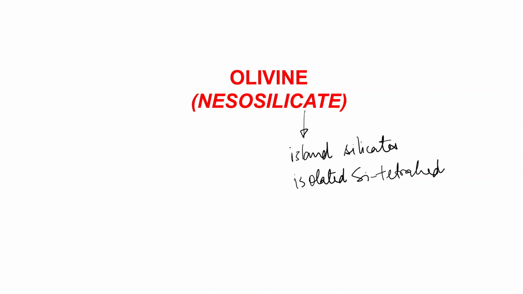Olivine. Olivine is a nesosilicate, and you all are aware that nesosilicates are also known as island silicates. Island silicates. Why? Because they are simply isolated tetrahedra, isolated silica tetrahedra. The nesosilicates are also known as orthosilicates. Orthosilicates consist of orthosilicate